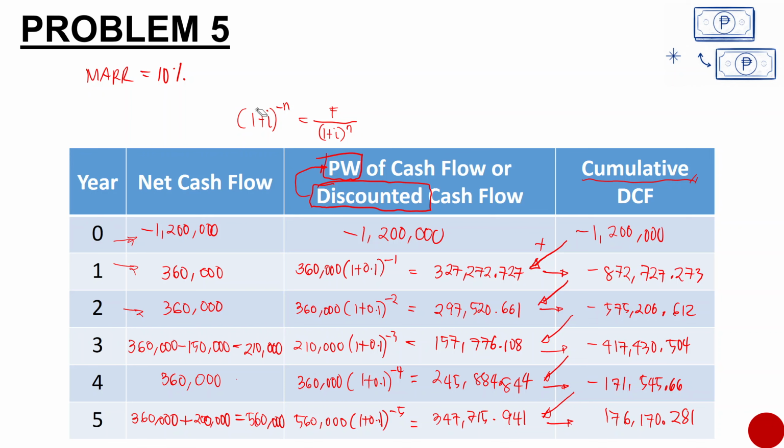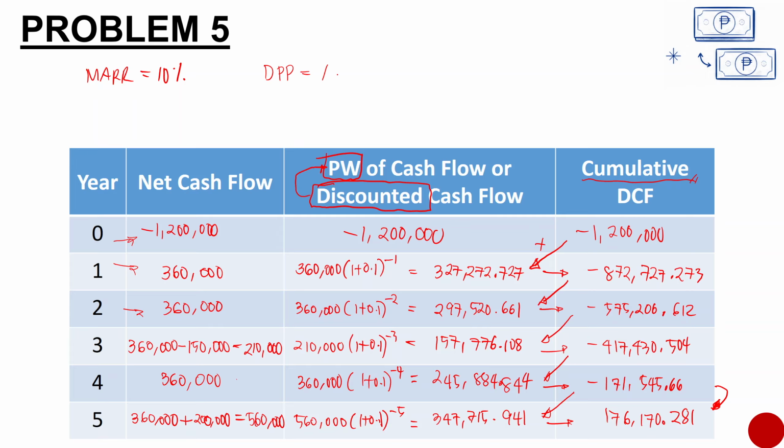So, our discounted payback. Have you already calculated the discounted payback? In this problem, what I've shown you is that we haven't calculated yet the exact discounted payback. But we know that the initial cost was recovered after year 4. Why can we say that the initial cost was recovered after year 4 or at year 5? Because there is already a change in sign. The sign was already positive. Now, how can we get the discounted payback period?